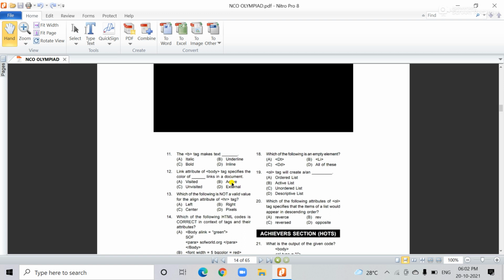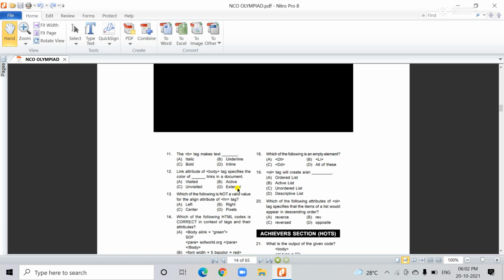Okay, it means the active link is used in a document when you specify the color of the link. Suppose href is used to link, actually. The A tag is the anchor tag, used to link one page to other pages. When you assign, suppose, click.html like this, we created one page. When you click on a particular link, the color is blue, actually. This is the active link. So the correct answer is option B, active link.